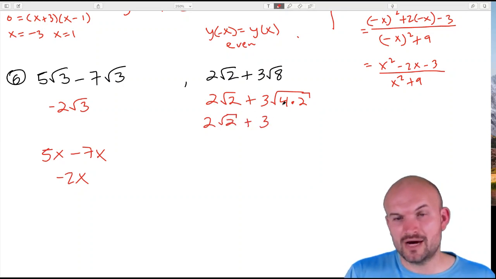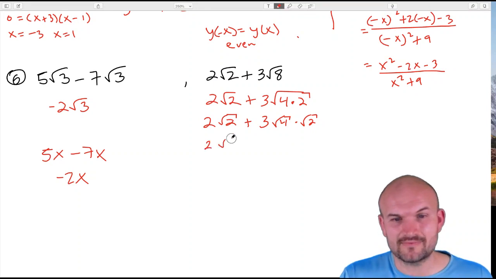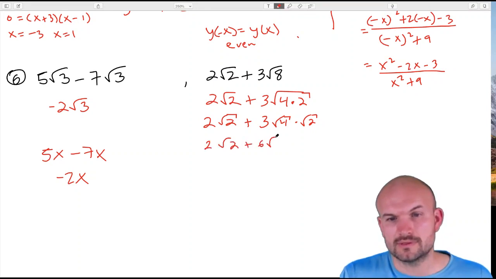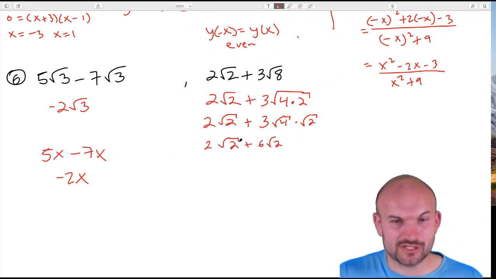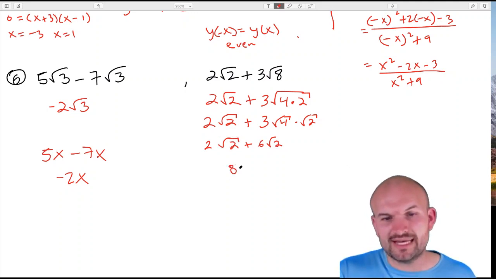Then I'll do 3. Now, again, I can break this up and do the square root of 4 times the square root of 2. Now, the square root of 4 is 2. 2 times 3 is 6. Now you can see that my surds are exactly the same. So now I can apply my operation to my coefficients, which will be an 8 square root